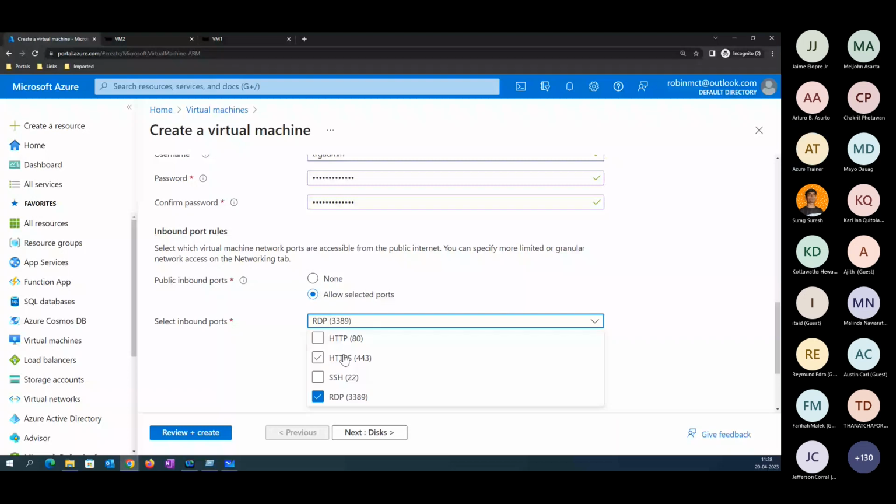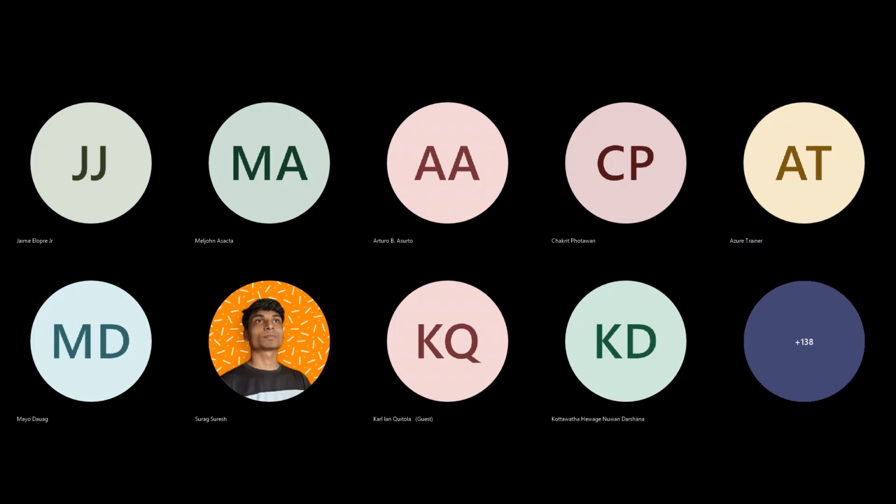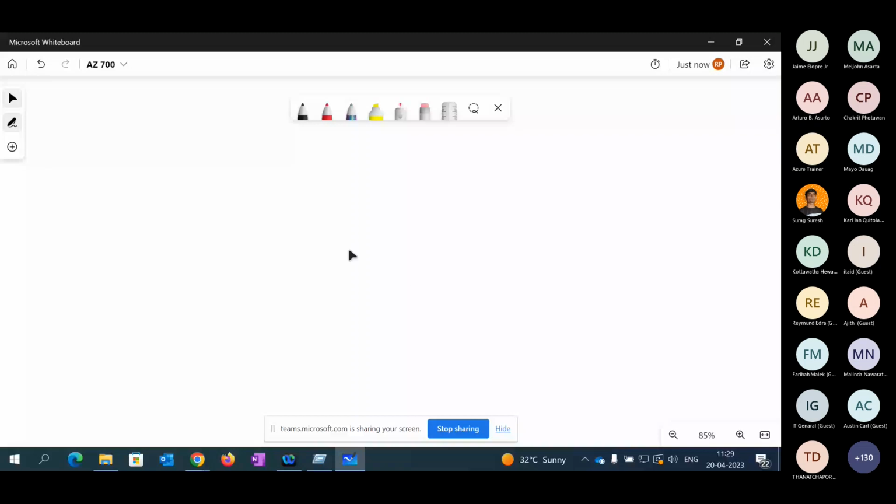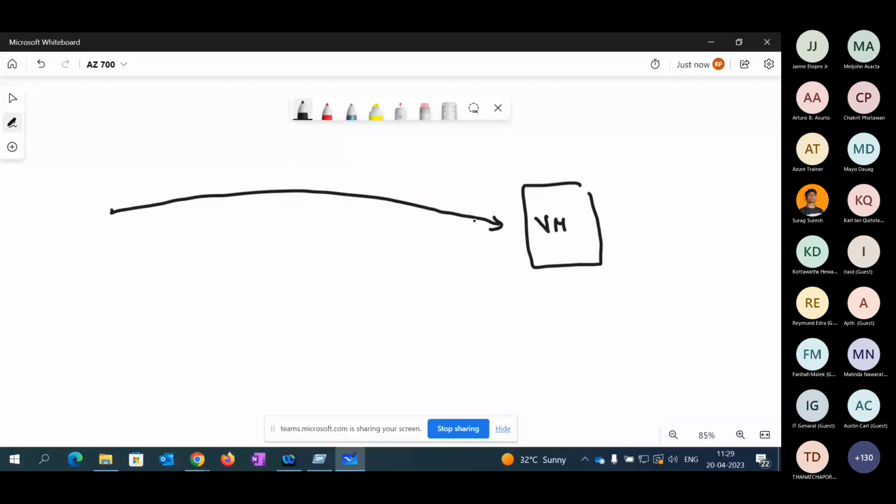Why are we getting this checkbox? The reason is that by default, there is a thumb rule saying that Microsoft does not allow any inbound protocols or ports inside your cloud. For example, if you configure a VM and someone, like Ken or Sujit, tries to take RDP, by default your computer is actually blocking all the inbound connections here.